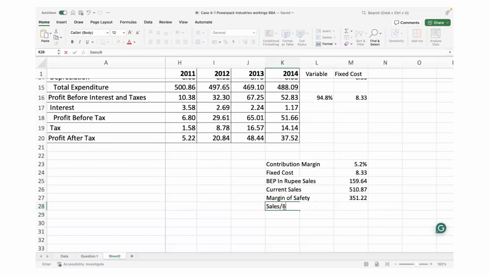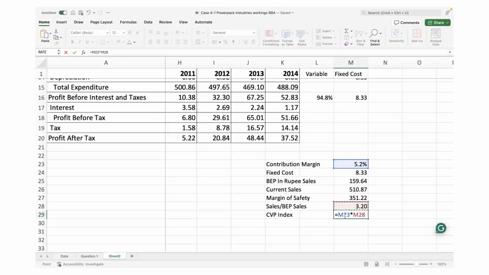Sales divided by BEP sales shows how far we are away from the break-even point. Current sales divided by break-even point sales is 3.2 times we are away, and the CVP index is equal to